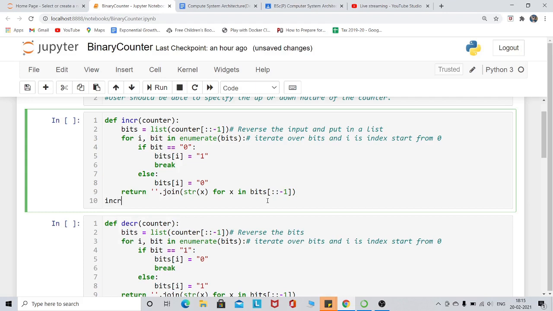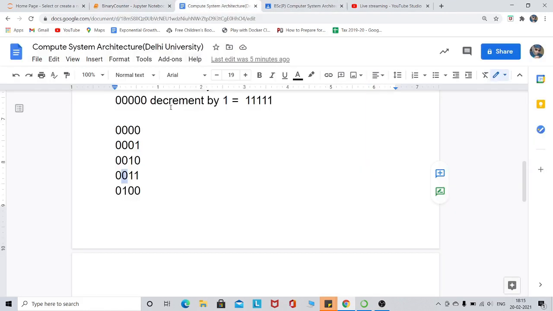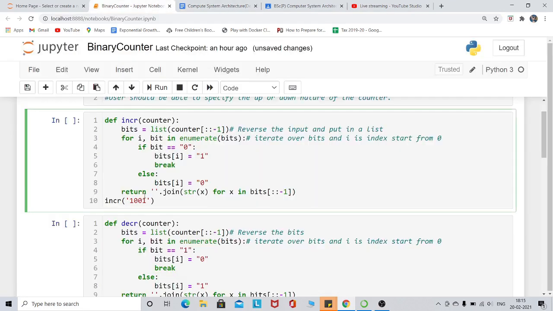For testing this, you have to write increment, and then suppose I write here some string, let's pick something here, 0011, and I have to print this also. So print it.